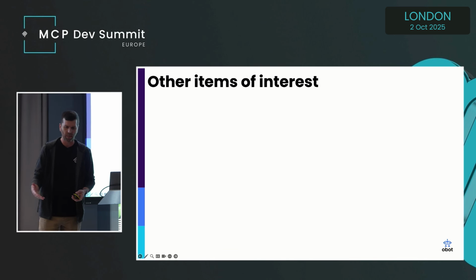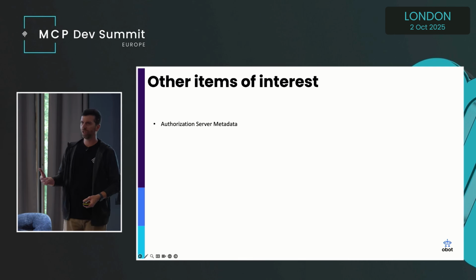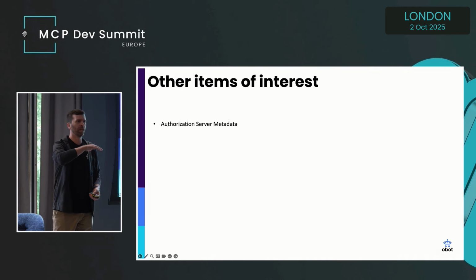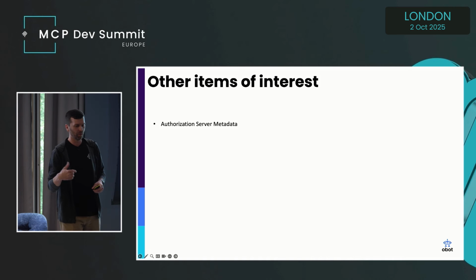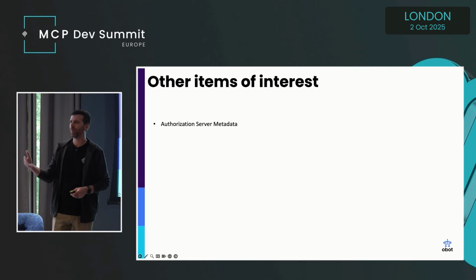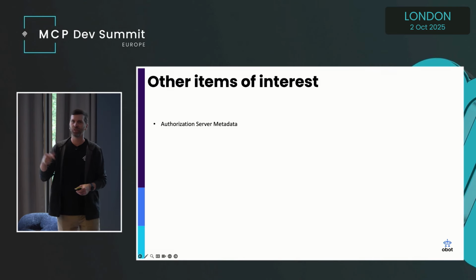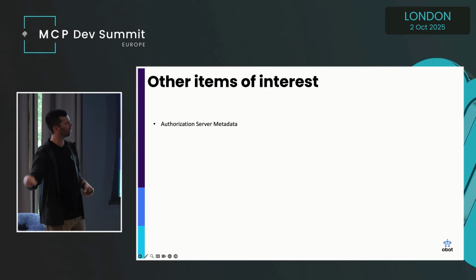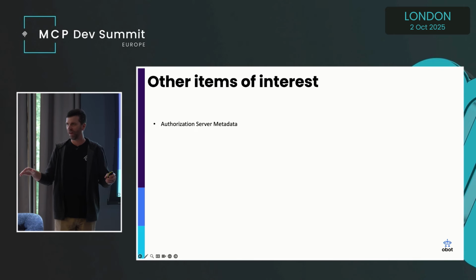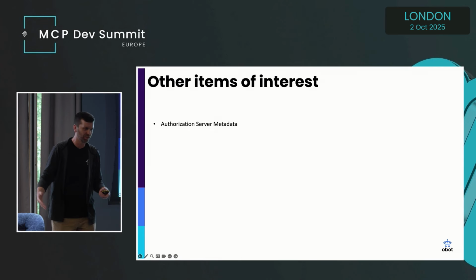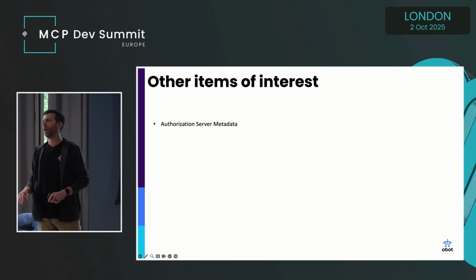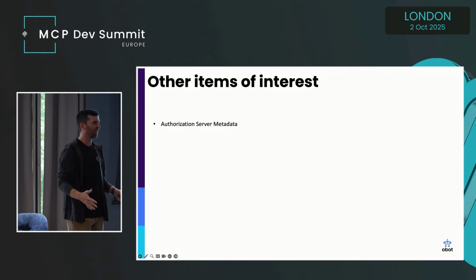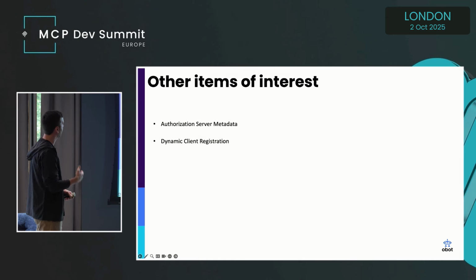Some other items that we don't have time to cover right now in the last 5 minutes. Authorization server metadata. GitHub broke everything. Again, not calling them out, but they broke everything. When they released their public MCP server, it had a path in it. And so did their resource metadata field, and so did their authorization server metadata URL. And that broke every client because we all assumed that everything was at the root, right? And then depending on if it's OIDC or OAuth authorization, you have to put the path in certain places. It's a nightmare. So authorization server metadata, we didn't get a chance to get into that in detail, but it's still a problem, okay?